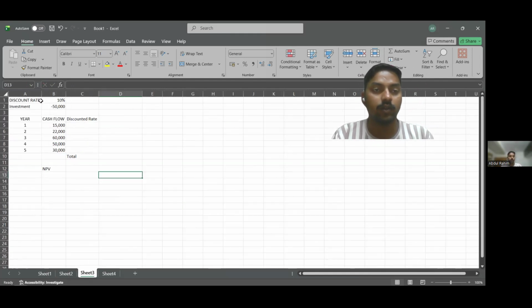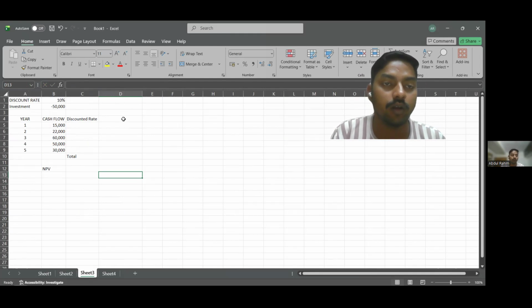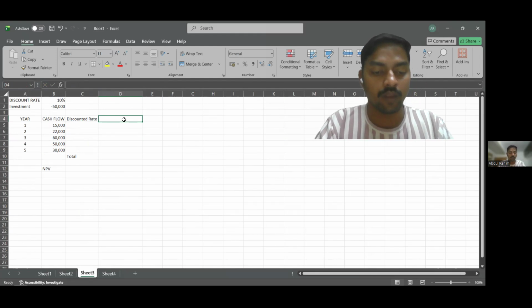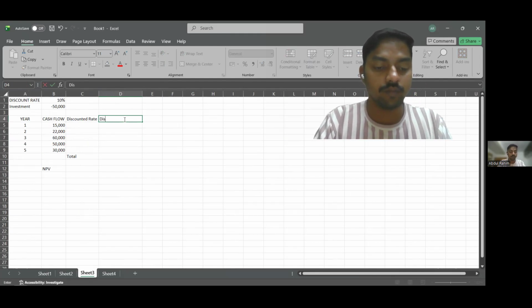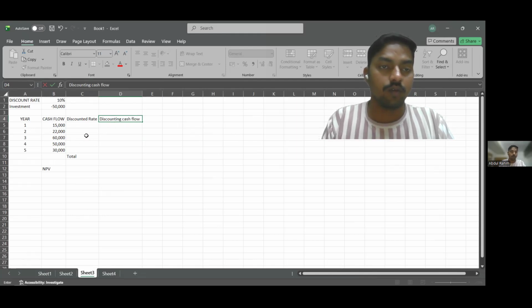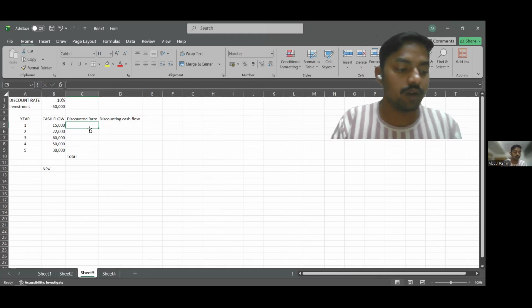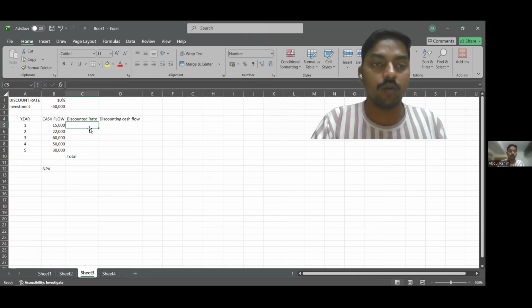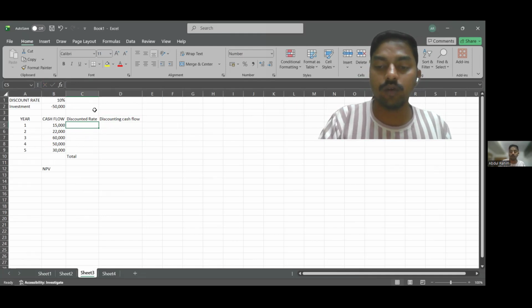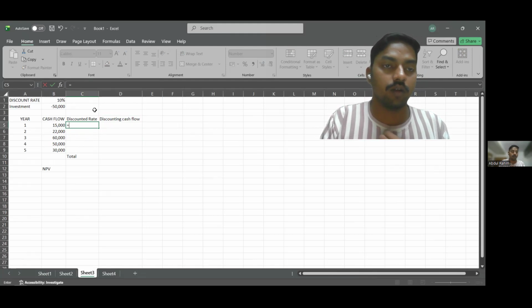Now the third sheet is we need to calculate discounting cash flow and NPV. Discounting cash flow. So first thing is we need to calculate the discount rate. Discount rate is 10%. So for the first year, discount rate is